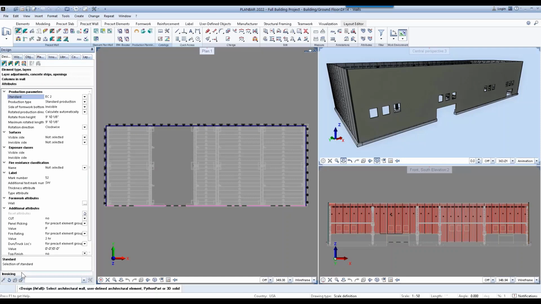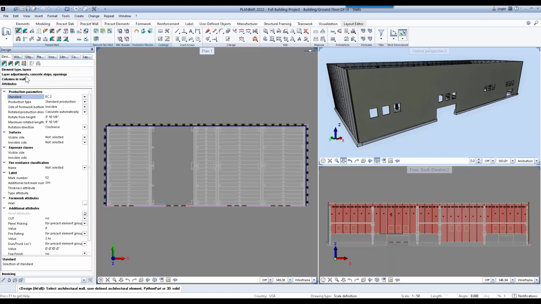You might be wondering, do I have to set this every time I use this tool? And the answer is no. You can set it once. You can create a favorite down here, and then load it back in the next time that you use the tool. But by default, when you use a tool in ALLPLAN, this is for all the tools in ALLPLAN, once you use the tool and you go back to the tool later on, the program will remember the last options that you used.